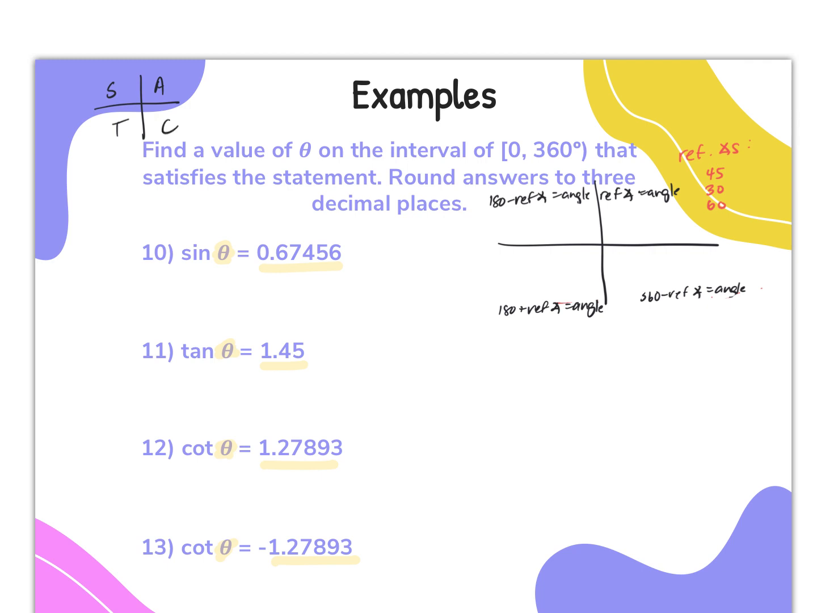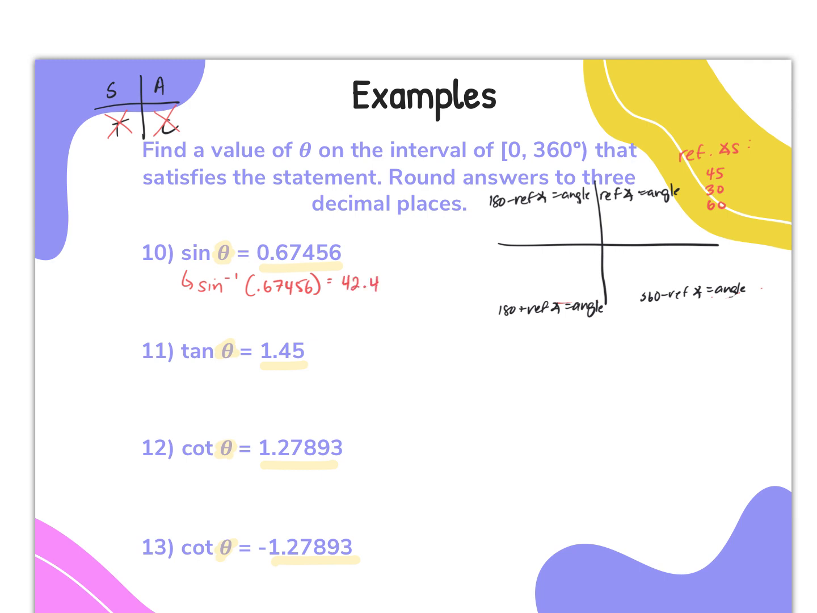So I know that it is in quadrants 1 and 2 where the sine is positive, and the sine is negative in 3 and 4. So I know my angle is going to be in quadrant 1 or 2. So when I go to my calculator, I'm going to do the inverse sine of 0.67456, and that's going to give me my first angle. Okay, so I'm going to do 0.67456, and I'm going to do second sine, and I'm going to get